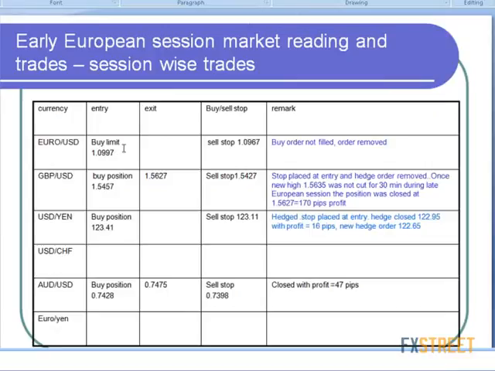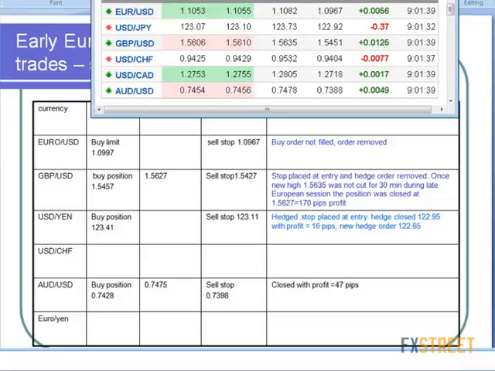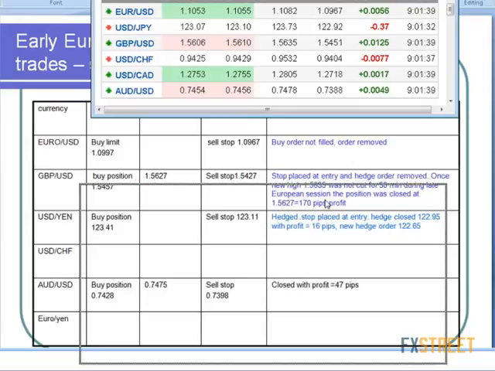So I kept a buy order in the case of euro, and that was not filled. Subsequently, when euro had already gone up during the webinar, I just removed the order. Then, in the case of GBP, I told you that I had taken a position at 1.5457, and I was explaining to you that they were making an extended move for 2 hours, and that means they had been holding below the initial low